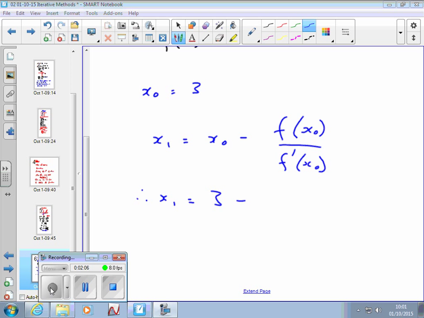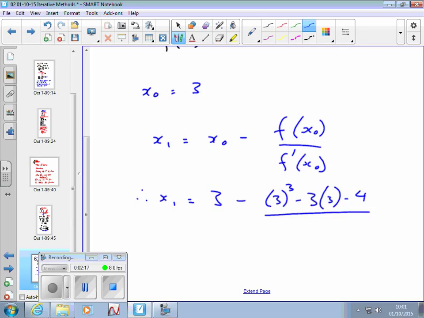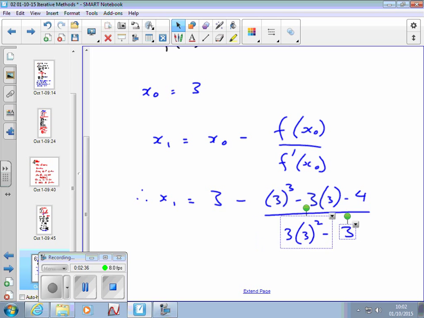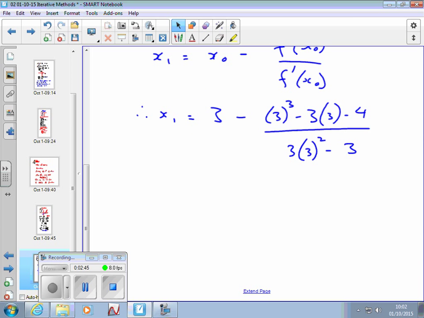So on the calculator, x1 equals 3 minus, well, we know the function, so that's x cubed. So that's 3 cubed minus 3 times 3 minus 4 over the value of the differential, which we worked out to be 3 times 3 squared minus 3, wasn't it? Lots of 3's. And I get an answer. So x1 equals